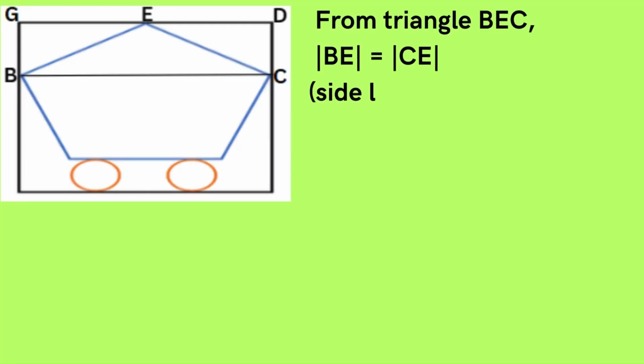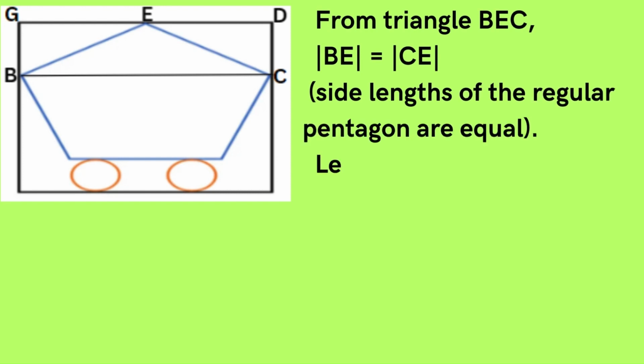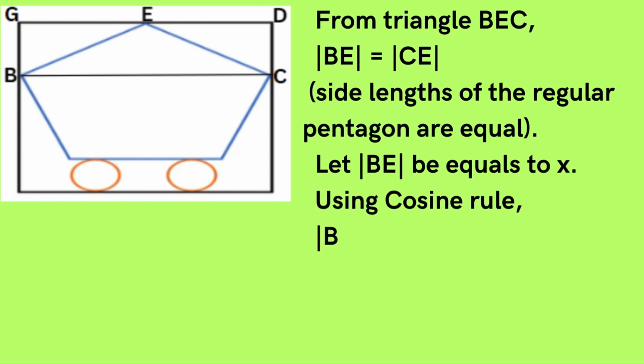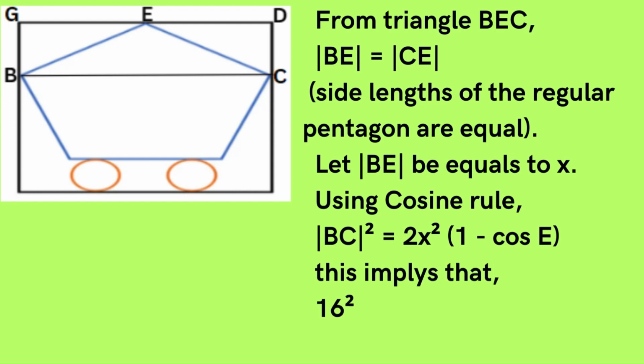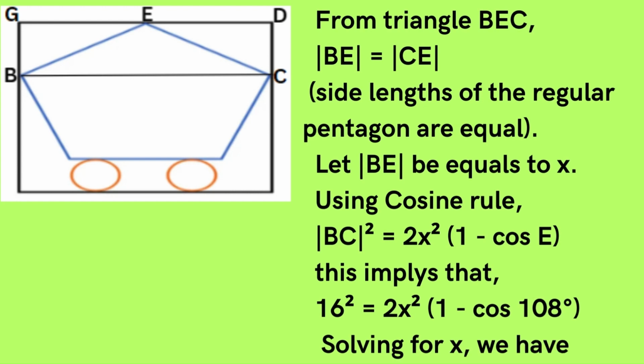From triangle BCE, length BE equals length CE. Let length BE equal X. Using the cosine rule, substituting values obtained, we have the equation shown on the screen. Solving for X, we have that